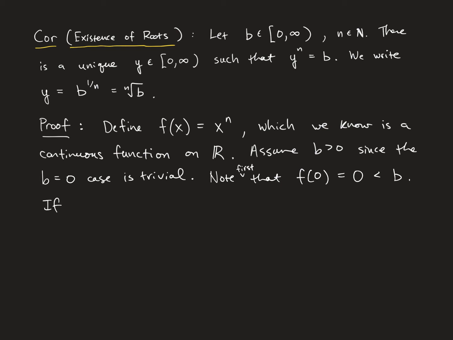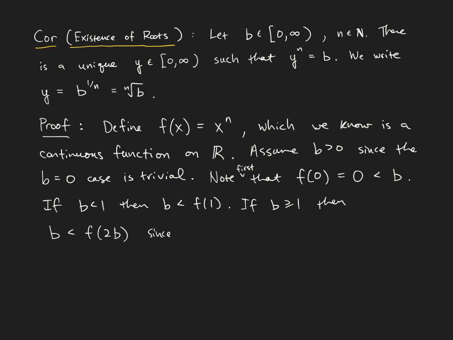If b is less than 1, then, well, 1 is f of 1, right? So then b is less than f of 1. If b is bigger than or equal to 1, then b is less than f of 2b,